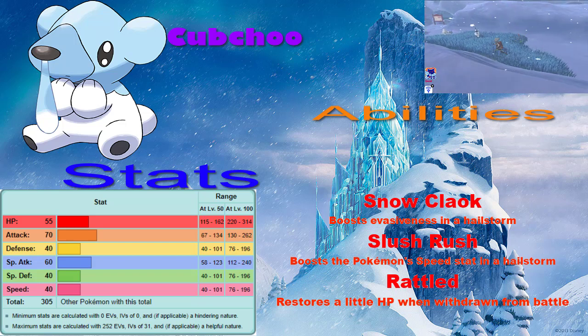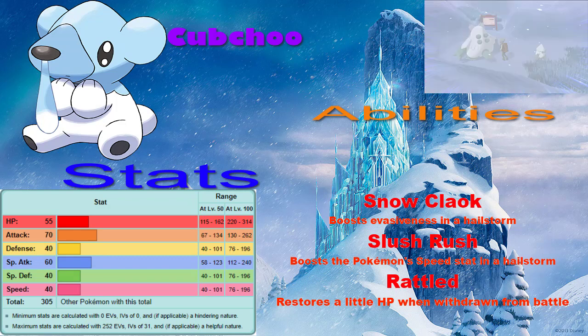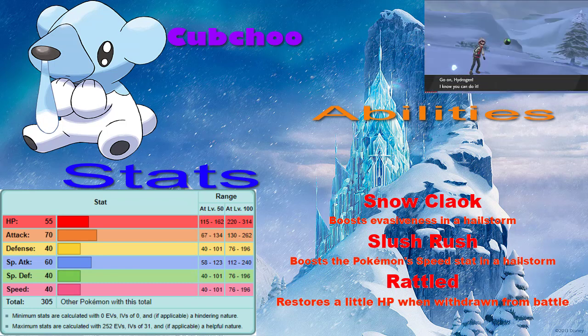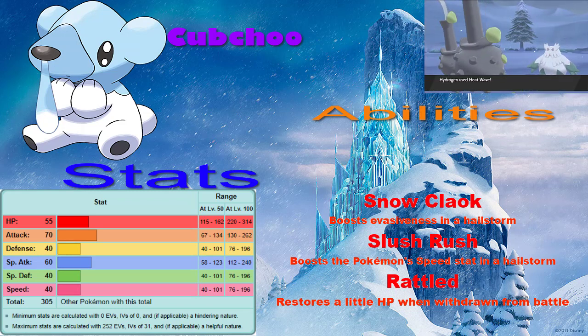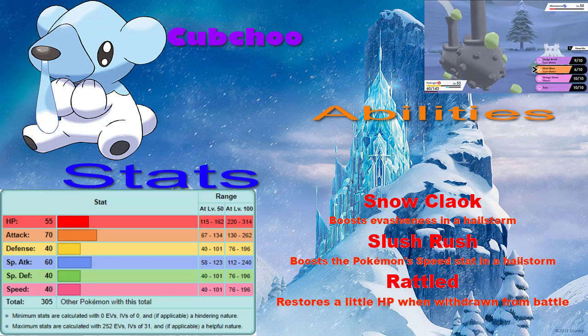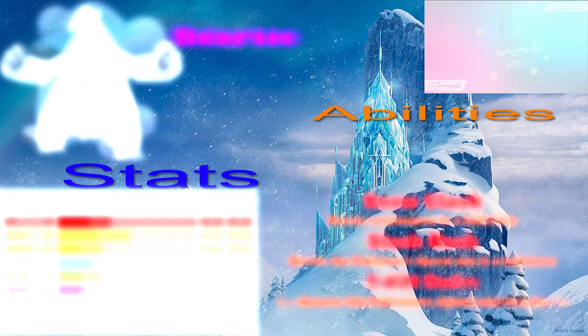Cubchoo and your evolution Beartic. Why do the both of you suck this bad? So, Cubchoo can be found through visible encounters, while Beartic can be found in random encounters in the north, but just, ugh. I really want this sort of Pokemon to be better as it is. I guess you could say it technically got it, but what is it doing all the way out here? I will give it credit though on one thing. By the time that it evolves into Beartic, which you probably would be better off just getting right out of the way,